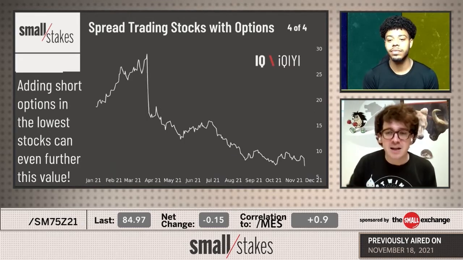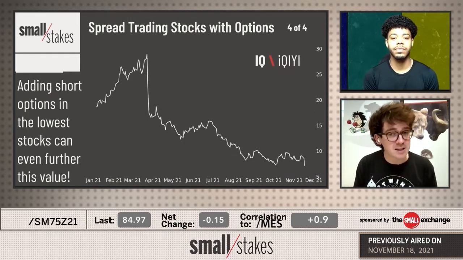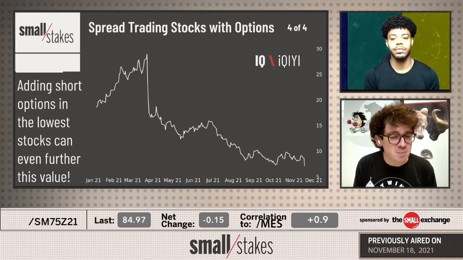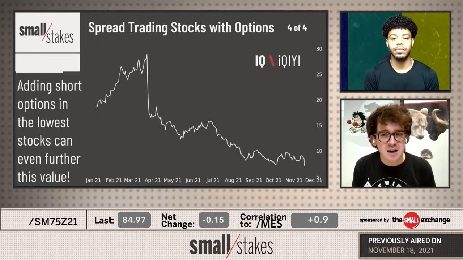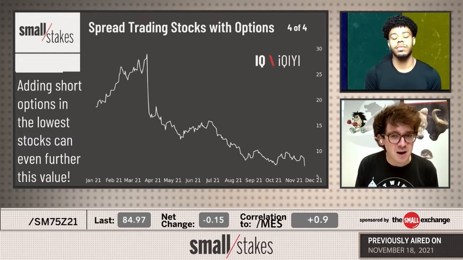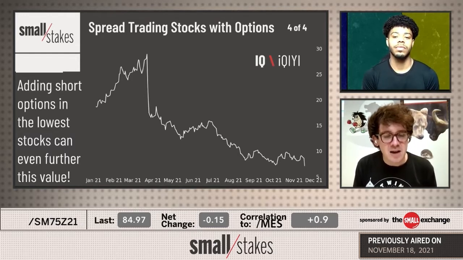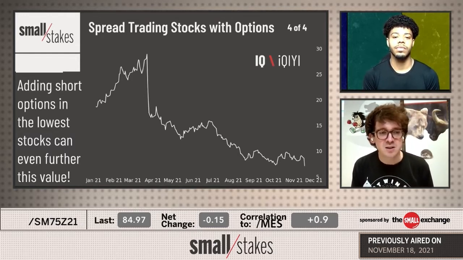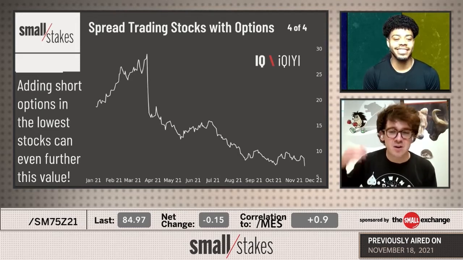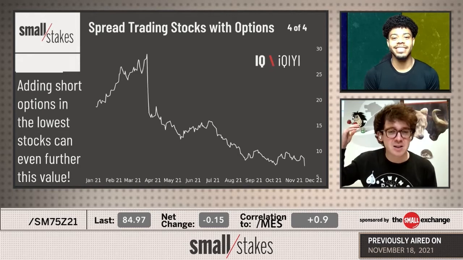And then the next thing, if you wanted to add some options on top of it, is look at this beat up, low price stock, sell that SM75, buy the sticks, and then also maybe sell a put option around it here in IQ. That's adding the options into this futures pairs trade. And I know I'm going a little far here. If you've lost me, just tune out and just appreciate that.